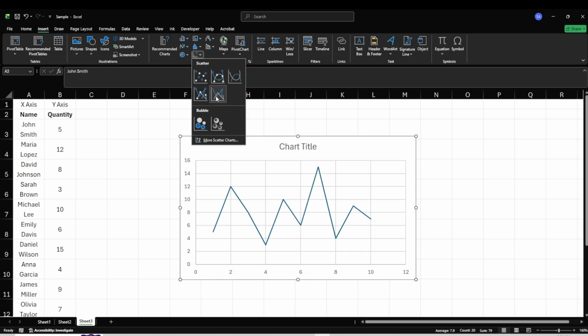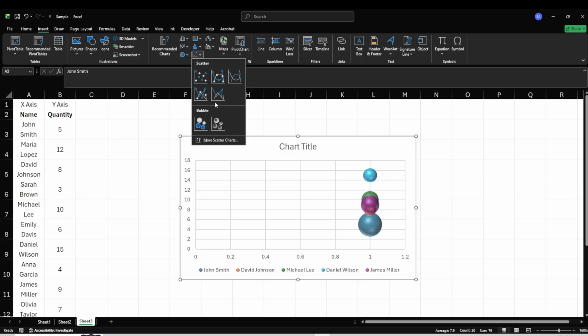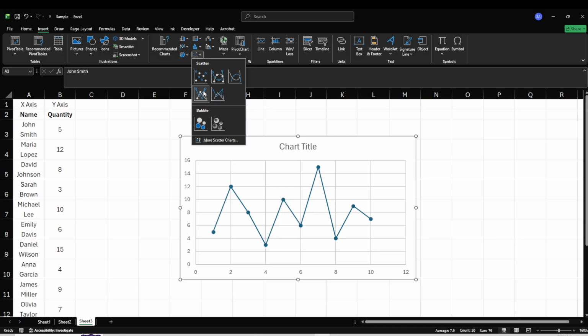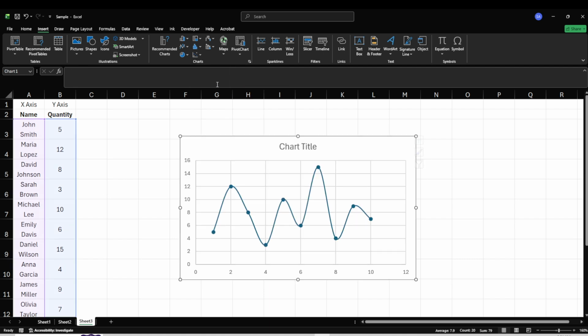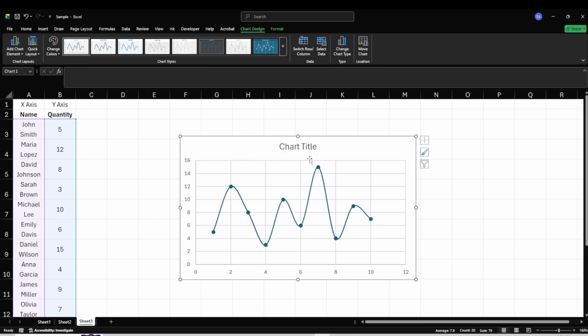the side. Excel may also suggest a simple layout that puts your categories on the horizontal axis and your values on the vertical axis. Pick the one that presents your information clearly at a glance. The key is that your names appear as labels and your quantities appear as numeric values. And that's it. You've entered your data, selected it, and inserted a graph that displays names on the x-axis and